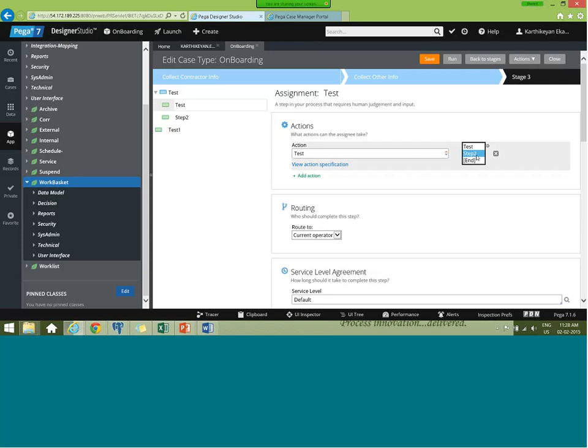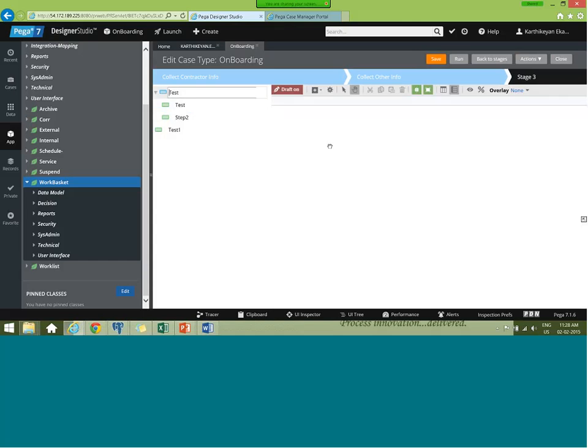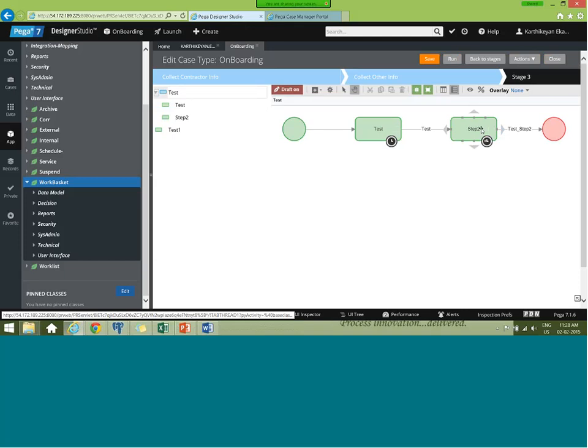See here, it shows it goes to connect to step 2, right? This flow is connected to step 2. This one connects to test 2 with the help of a connector. And if you have any assignment, there should be some connector coming out of that assignment. You know, right? Yes.